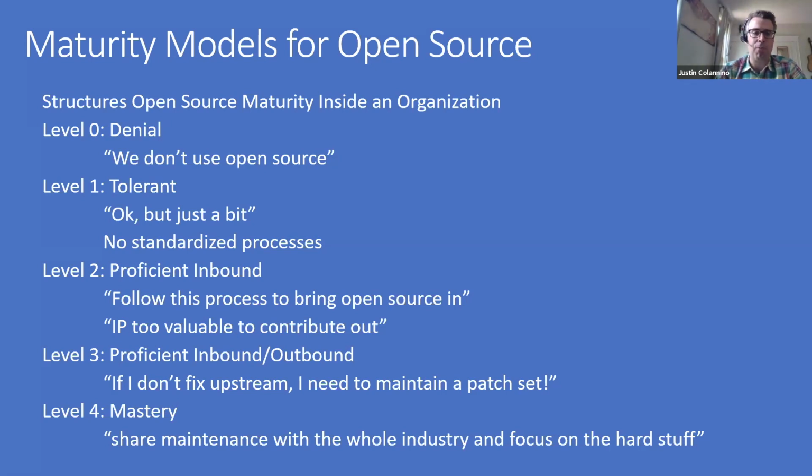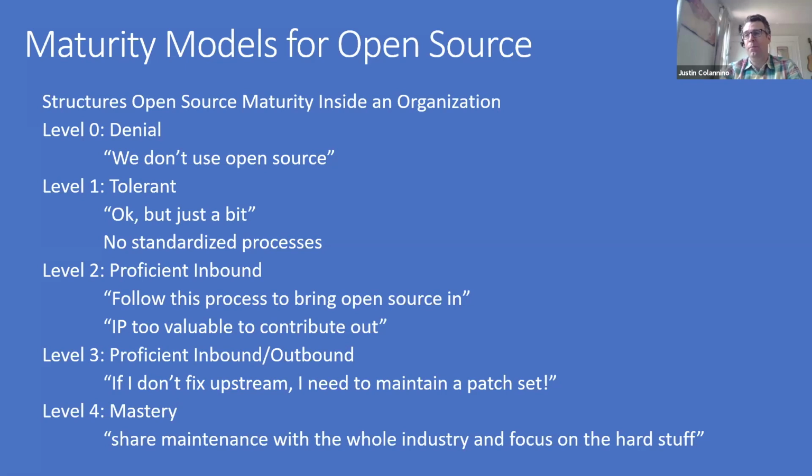And then you get a process in place so the engineers are empowered to do that with a pretty light-touch process, with the idea that everybody's building this core component that lots of people are using. We can all benefit from patching it together, and we get the benefit of it not being split in 35 different ways. And every time a new version gets out, or my fork is out of date and I need to update it, we can all build together and we get the maintenance cost shared.